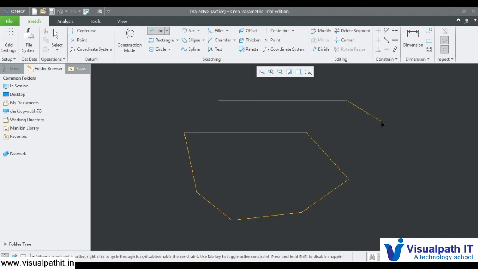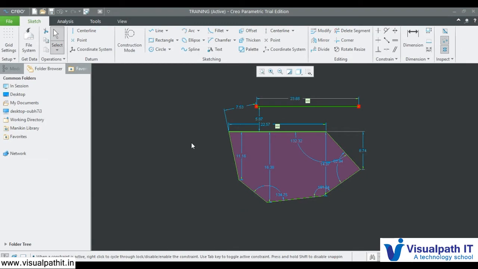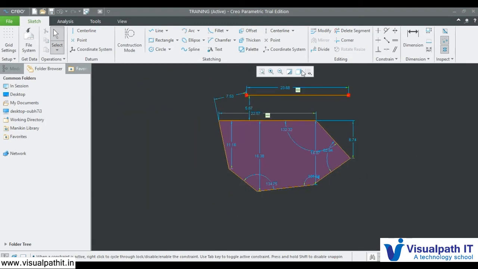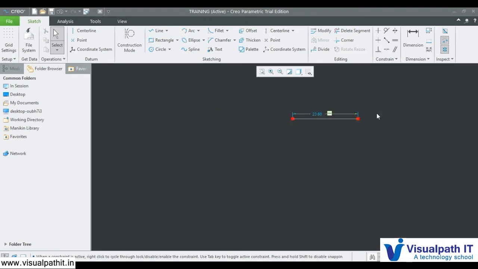Or you can just select two points and a line is created. Whenever you want to stop the line option, you can select the middle button and it will stop creating lines. And next, if you want to delete, you can select like this and delete.